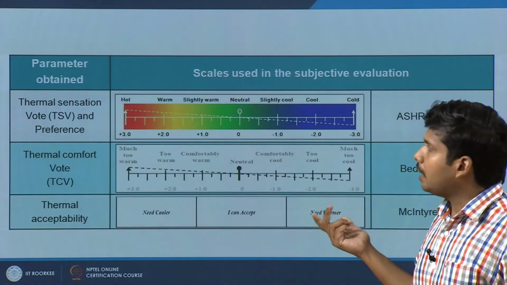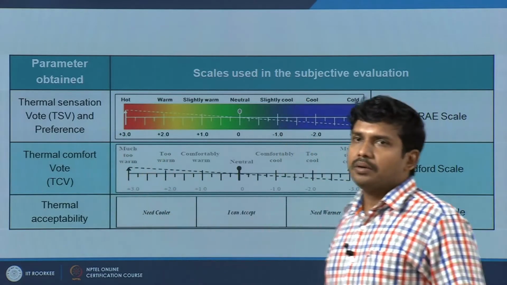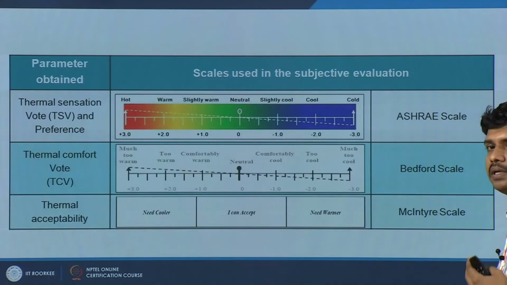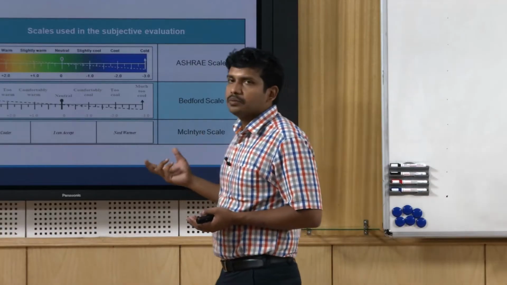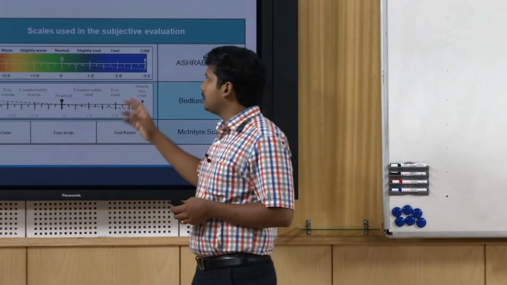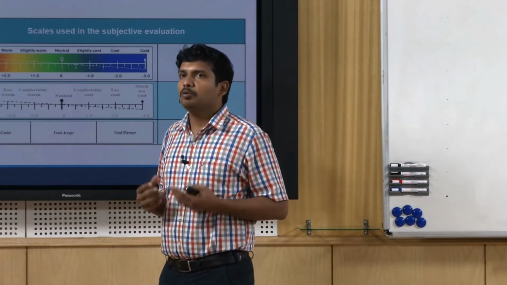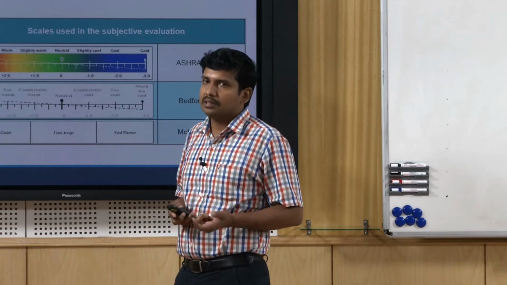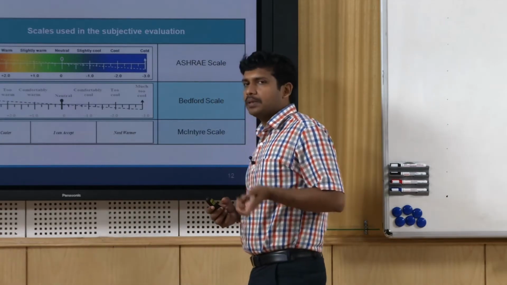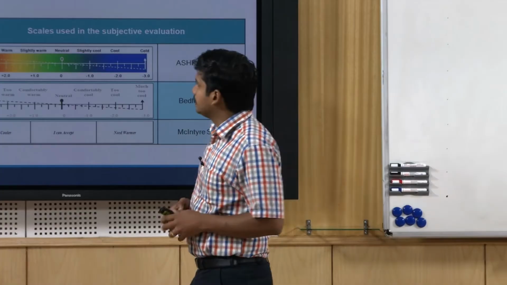This we typically call the thermal sensation vote, but it depends, certain authors refer to it as the actual sensation vote, ASV. There is different terminology, but the scale remains the same. Ideally what you ask is what do you perceive. When you have to ask this question, you need to ask them what is your thermal perception or what is your thermal sensation right now.